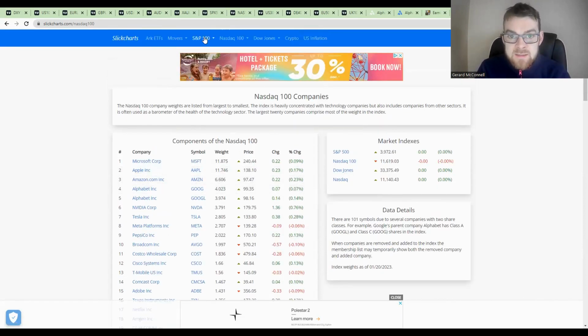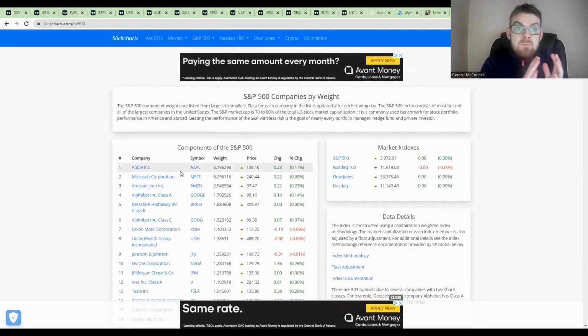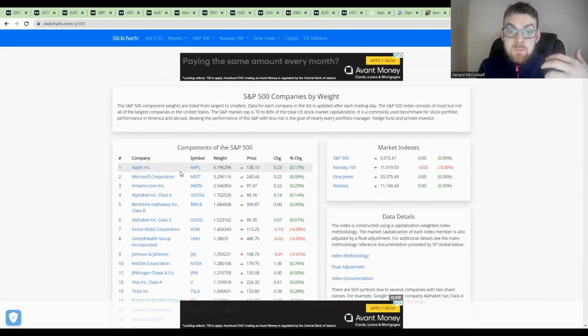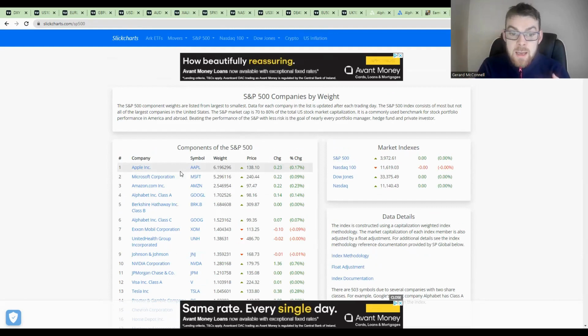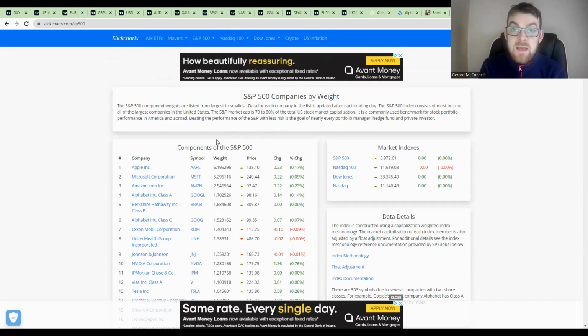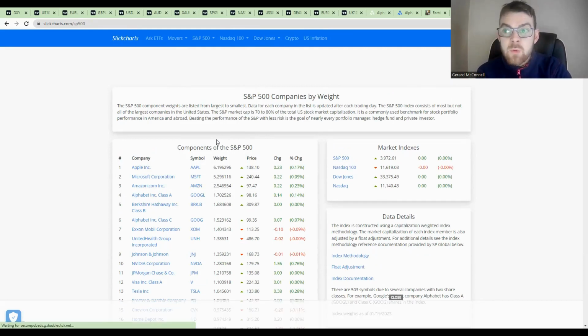This website will break it down. You've got the Nasdaq, the S&P, the Dow Jones, and it'll break them down individually. If you're looking at the three primary indices in the US, you'll probably see that there are 5 or 6 centralized stocks which have the most weighting: your Apple, your Amazon, your Microsoft, your Google, maybe a couple of your financials, like Morgan Stanley and Goldman Sachs in the Dow Jones. They're going to have relative importance compared to maybe 75-80% of the other primary stocks in the stock market. So at least that way you now know the composition weighting.